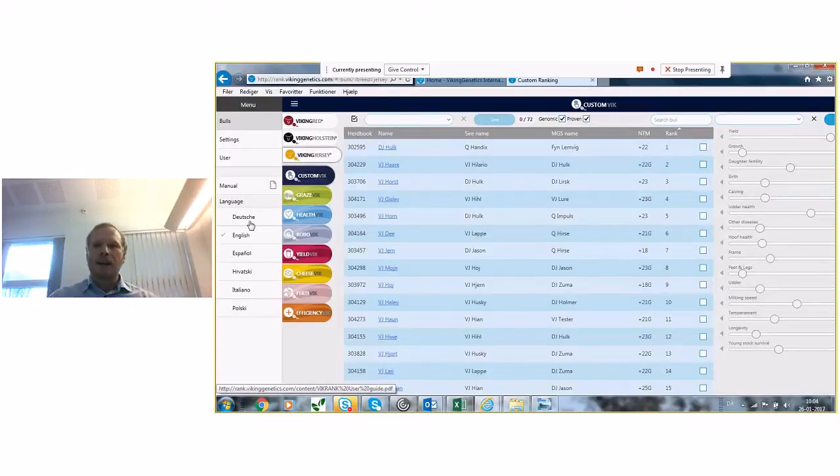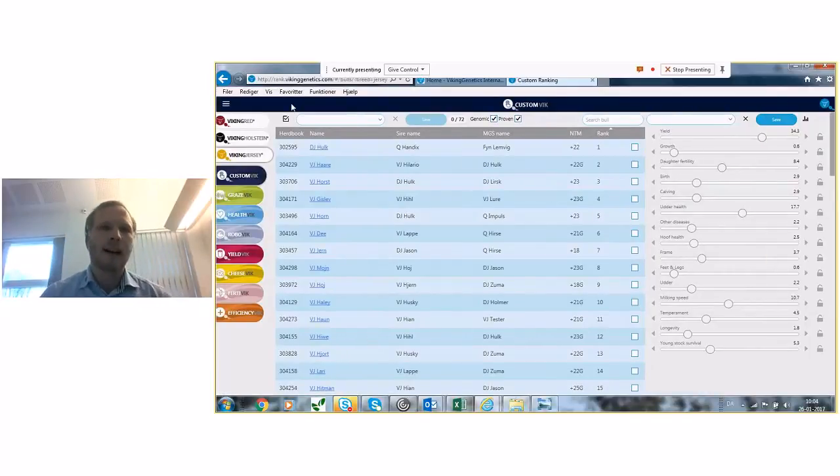And if there are any languages that are missing, we can send you an Excel sheet, and then we can translate it, or you can translate it, and then we'll put it in. So it's really easy to get a new language in. Of course you pick the different language. I'll keep it in English so everyone can see and understand it.